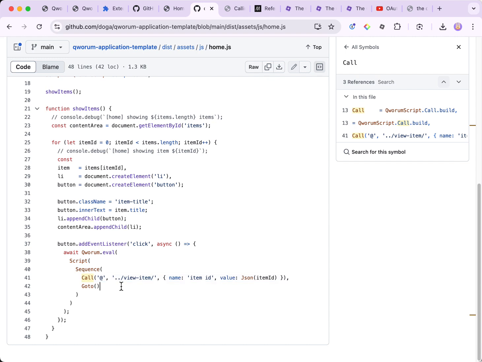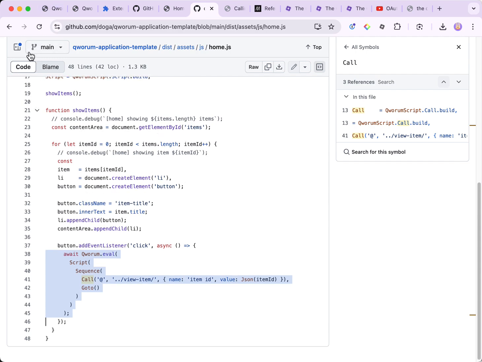For example, here we have an instruction that says call the view item endpoint, and then return to the same URL that has called the endpoint. So this is the new linking mechanism that applications need, and the basic web platform doesn't provide. And Quorum fixes that.